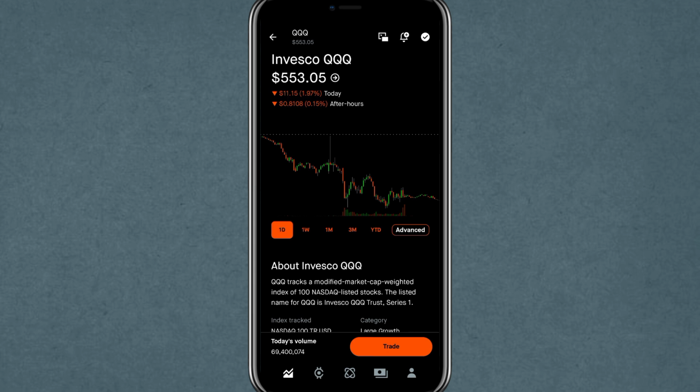For more granular control, look for interval selectors that let you switch the chart's data grouping to minutes, hours, or days. This is especially helpful when you want to see more detail within a chosen range. Minutes are great for intraday analysis, hours can smooth out noise while preserving short-term structure, and days provide a clean view of broader moves. If you don't immediately see these options, check for an advanced chart toggle or settings icon